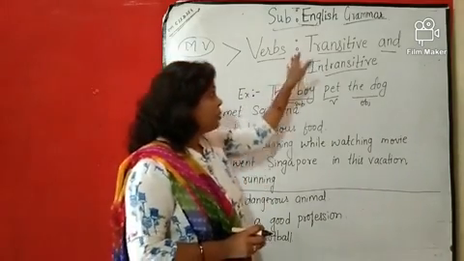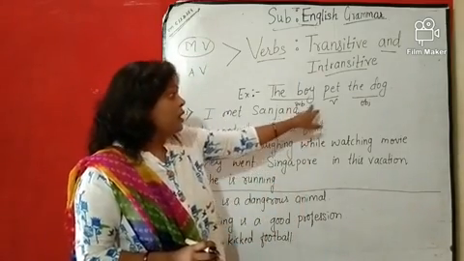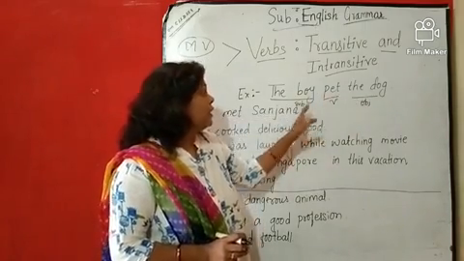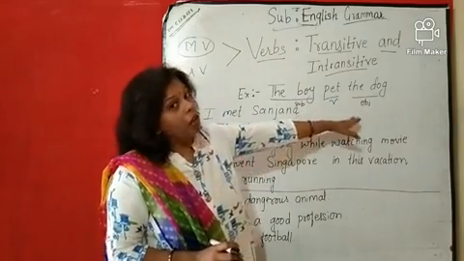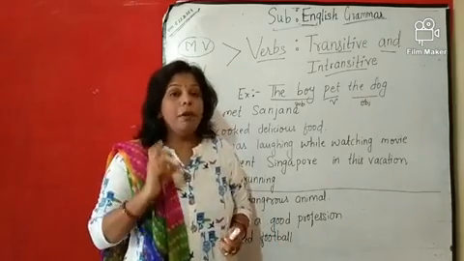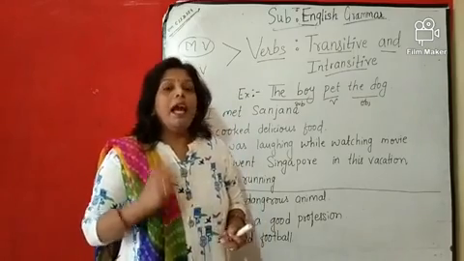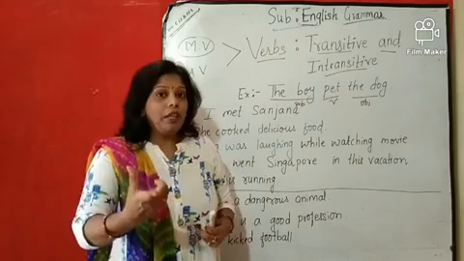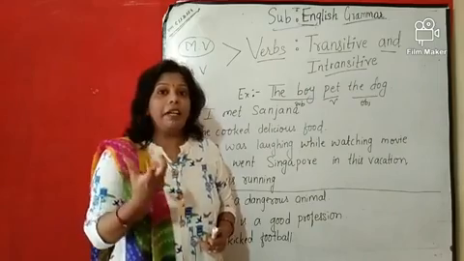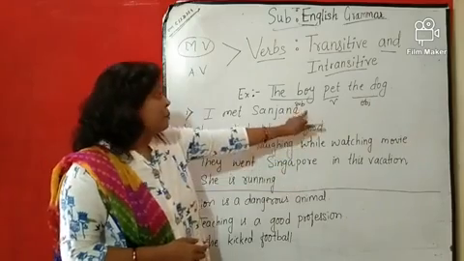What are the transitive verbs? Transitive verbs are the verbs in which the subject requires a receiver, which means the work is going from the subject to the object. For example, if I am playing with you and I have a ball, I am going to throw it and you are going to catch it, right? So I have a receiver. I am throwing the ball, and on the other side there is someone who is going to catch it. The same way, subject, verb, object.